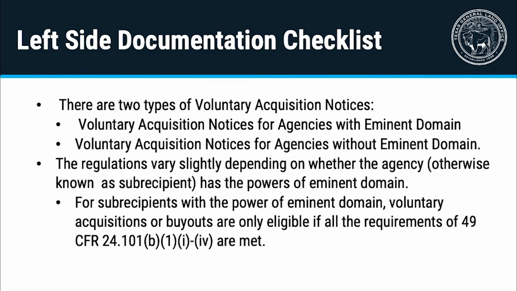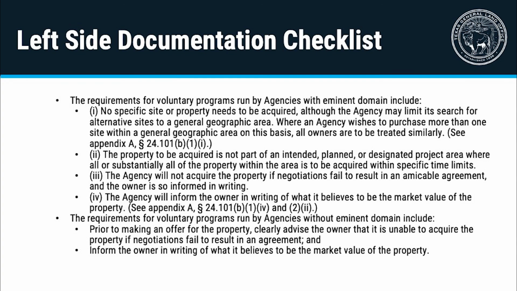For subrecipients with the power of eminent domain, voluntary acquisitions or buyouts are only eligible if all of the requirements of 49 CFR 24.101(b)(1)(i) through (iv) are met. The requirements for voluntary programs run by agencies with eminent domain include: no specific site or property needs to be acquired, although the agency may limit its search for alternative sites to a general geographic area. Where an agency wishes to purchase more than one site within a general geographic area on this basis, all owners are to be treated similarly. See Appendix A,